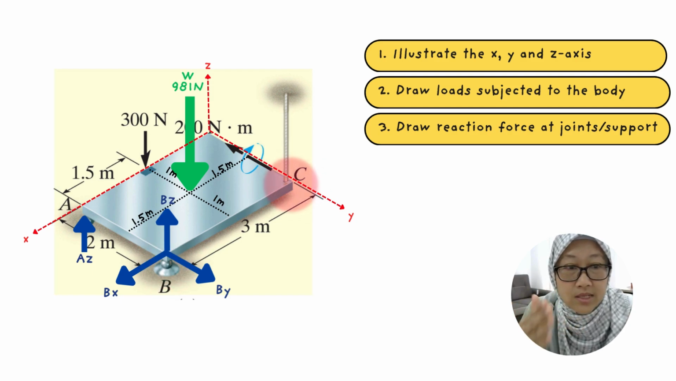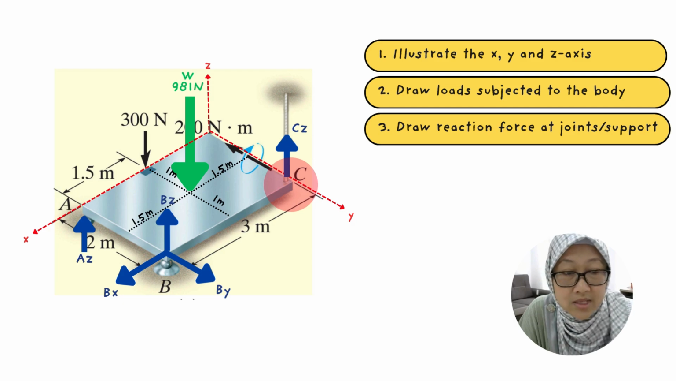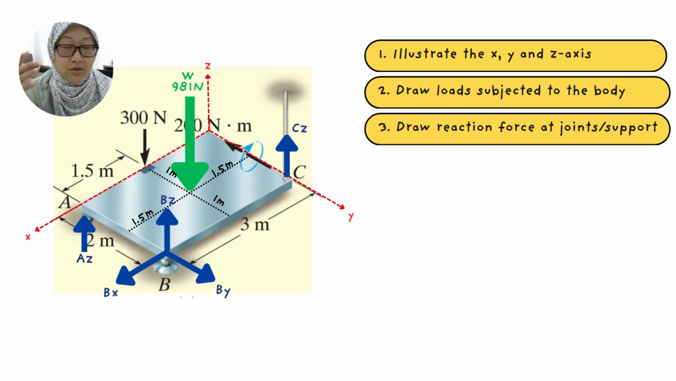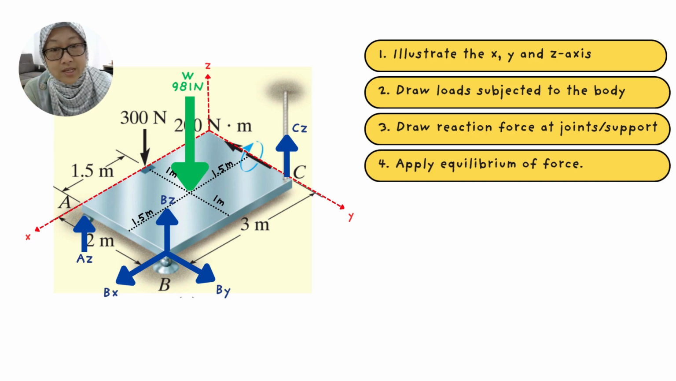Last but not least, at point C, there's a tension cord over there. Quite easily, you can just draw the direction of the tension cord following the line of the cord. We are going to call this Cz because it is acting purely in the Z direction. Once our free body diagram is complete,